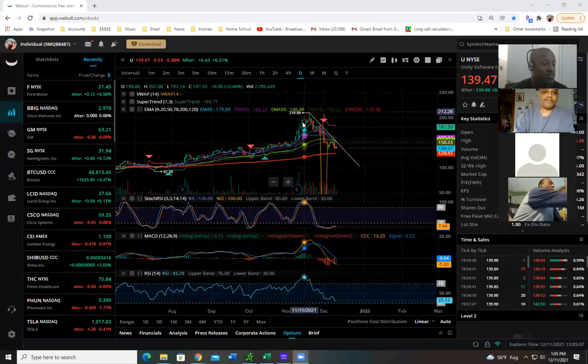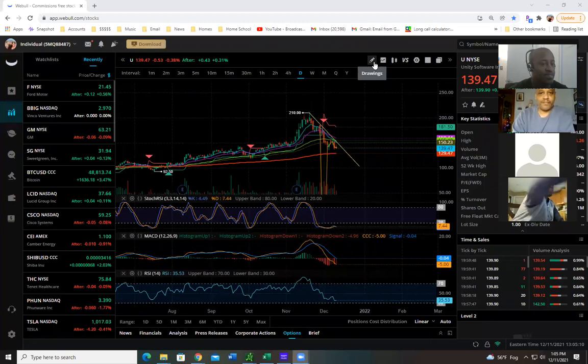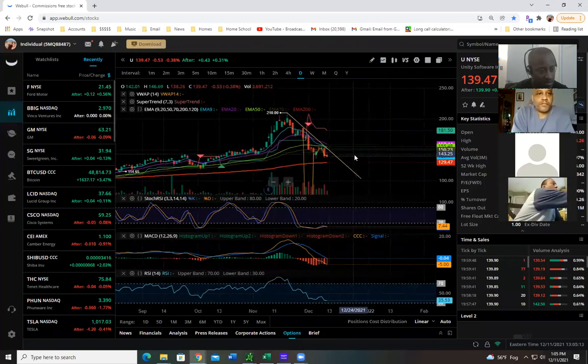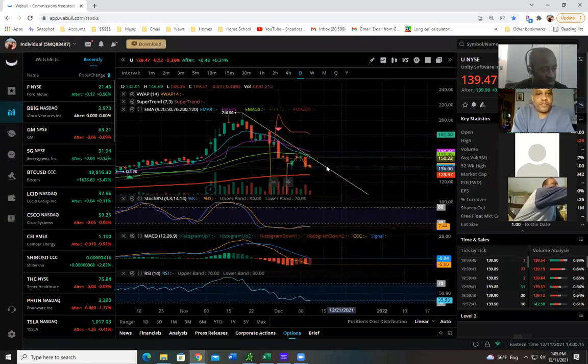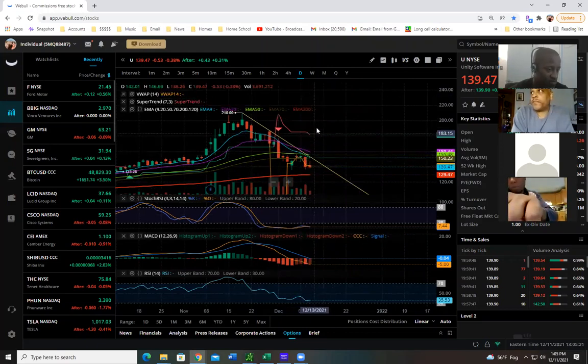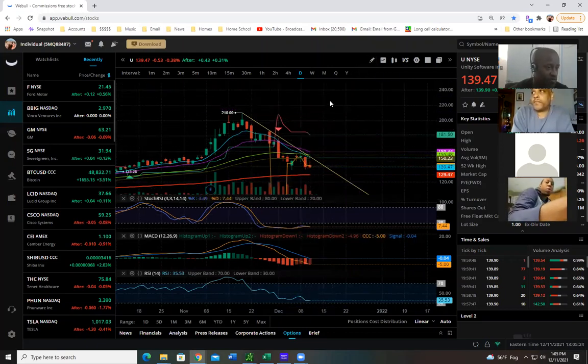All right, recording. So with Unity, let's do a fib on Unity. I just did a quick trend line to indicate that it is downtrending. As you can see, it rejected here, again here, so it's going down. It needs to break this to really get out of this trend. As far as fib,